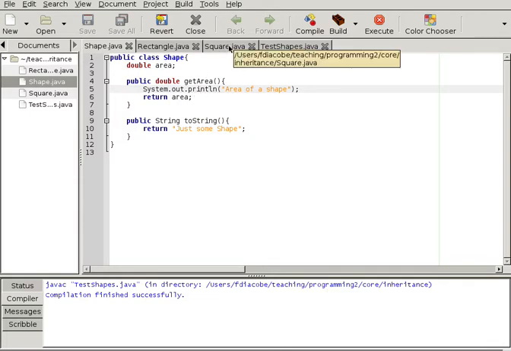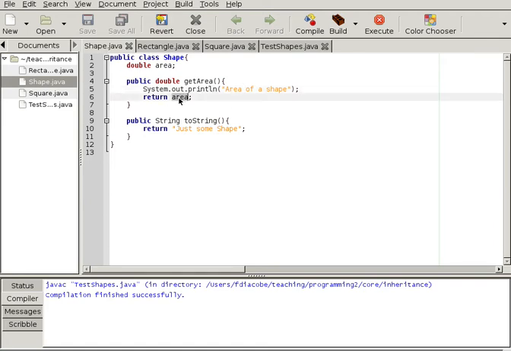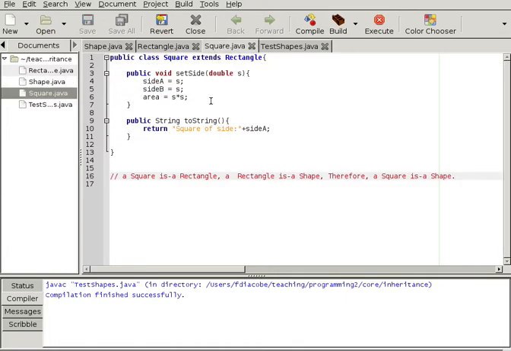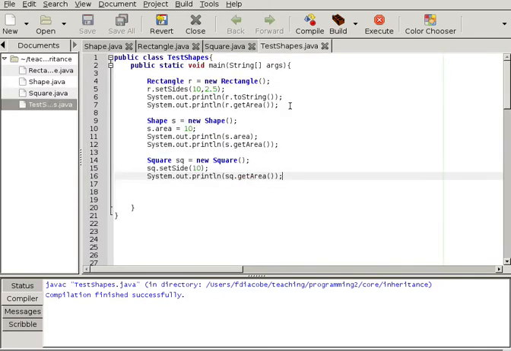Okay. Now notice this. This is very tricky. Shape's method is looking at area, the variable area right here. Square sets the area, which comes from shape, and it calls the get area also from shape. It's clear that it's going to return this variable area. Let's try it then. Compile and run,